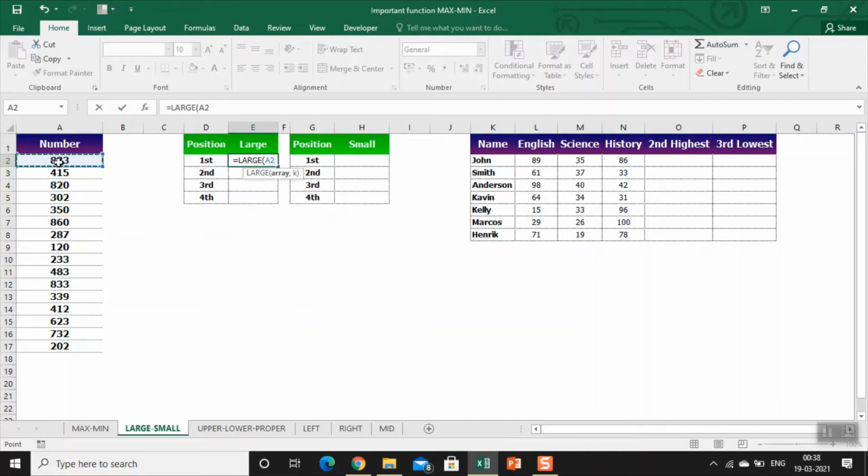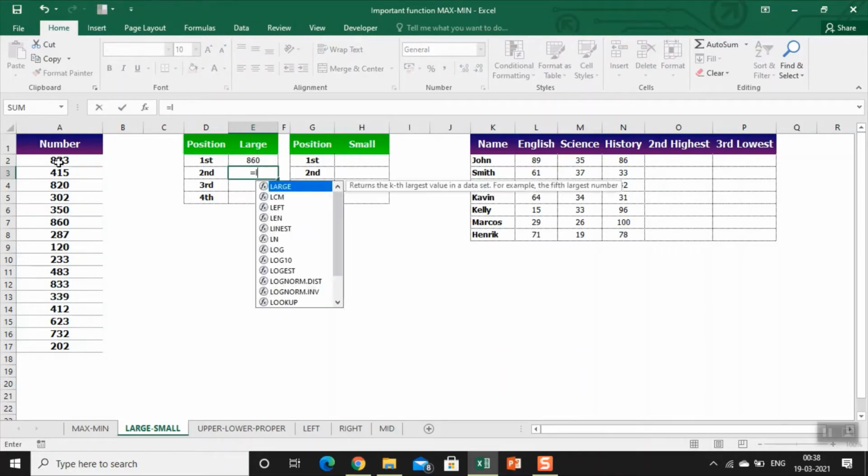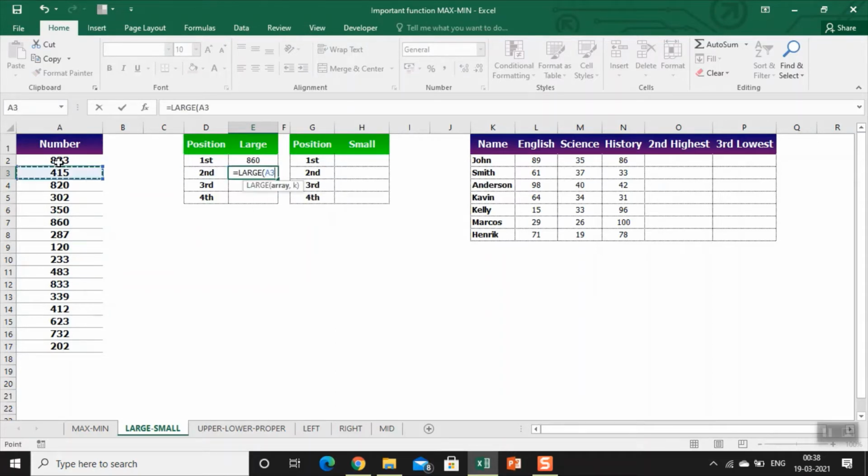Array is simply like a range. K, what is my position? I want to extract the first highest value. So type 1, 860. And if you want the second highest value, so same large, my array range